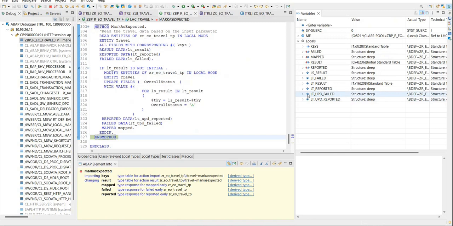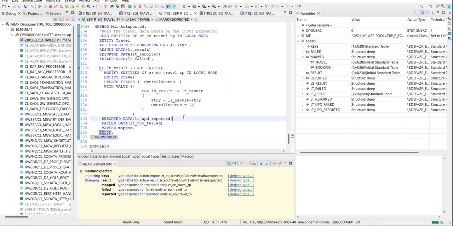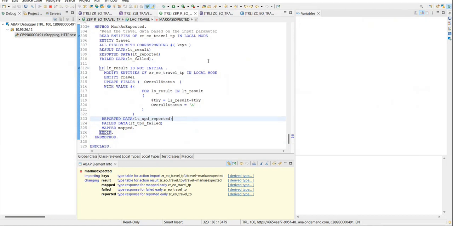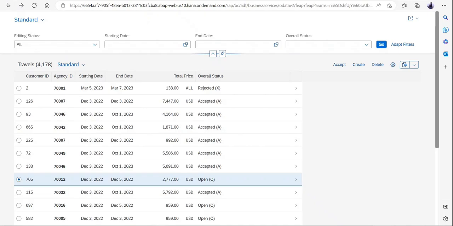Okay, and here I should have some sort of a thing in the reported. Perfect, which is not there. It means there is no error, and that's why fail will also be empty. Okay, and now if I just go in my one more parameter that I had, which is called mapped, which is also empty. Okay, now what we have to do is we have to populate the data into the result. Okay, I just say execute this for now. The issue over here is that it would try to open this, so which is anyway wrong. But maybe I'll just try refreshing this. But as you can see, the data just got updated. But the only